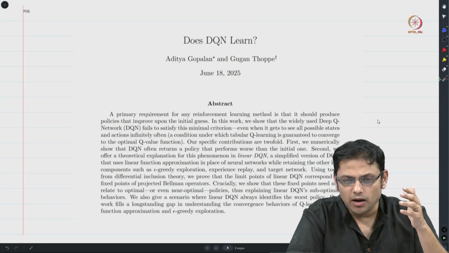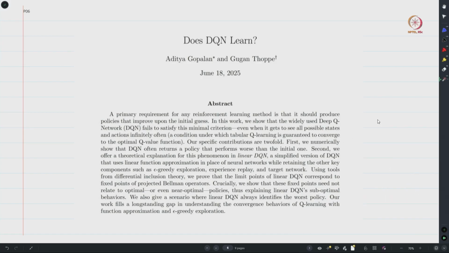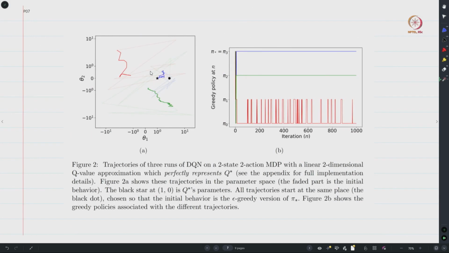In a recent paper of ours, we looked at a similar algorithm known as Q learning with linear function approximation, and we asked what we can say about the limiting behavior of this algorithm. Those who wish to get additional details about this work can look up this paper of ours. This is joint work with my colleague Professor Aditya Gopalan from IISc. And before we begin the analysis, first let us show you some interesting simulation results